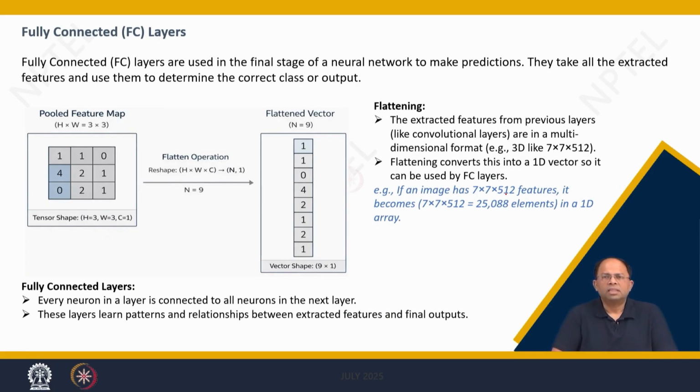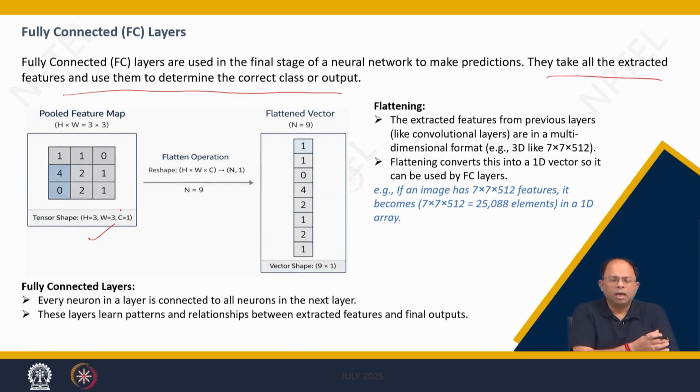And finally, once the activation functions are used, we move on to the fully connected layer, which is used in the final stage of the neural network to predict. They take all the extracted features and use them to determine the correct class or output. So that means this is the final pooled feature map after all the pooling and all the convolutions that have happened. Once we get that value, we have to flatten it